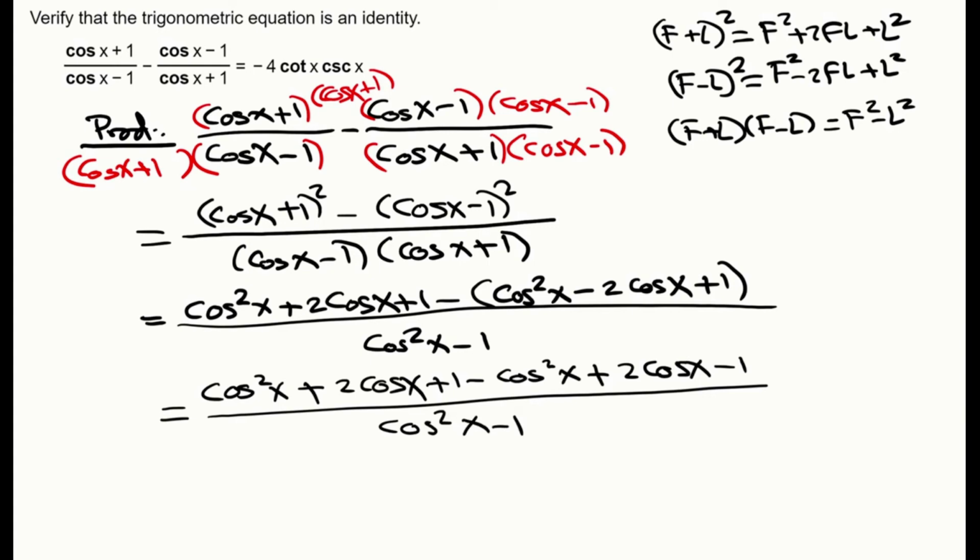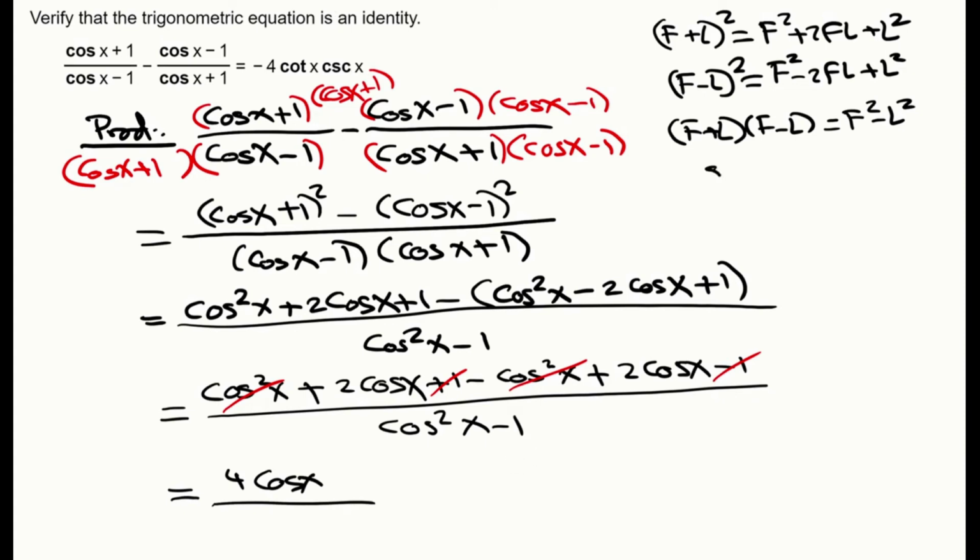Now I notice on the top that we can cancel the cosine squared x terms and we can cancel the 1s. So the 1 and the negative 1. So now we end up with 4 cosine x, because these two terms can be combined, over, now again I see cosine squared and 1,